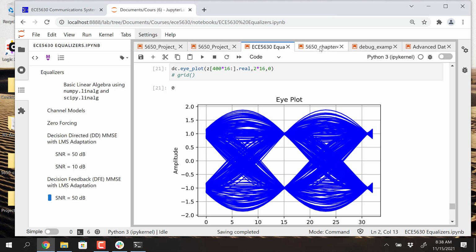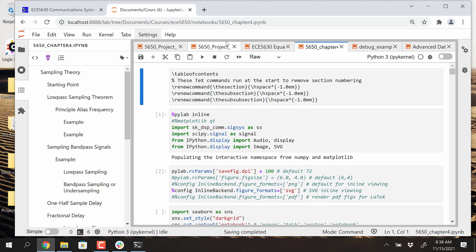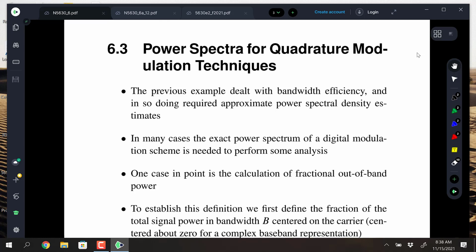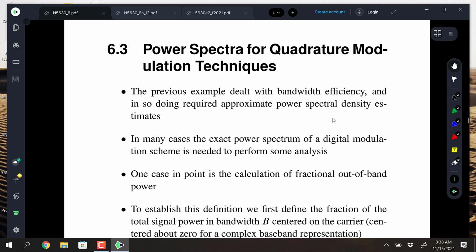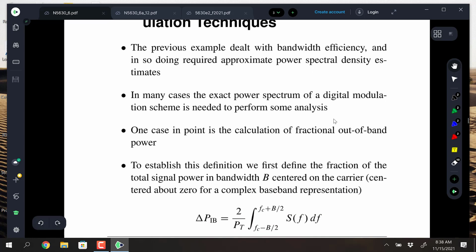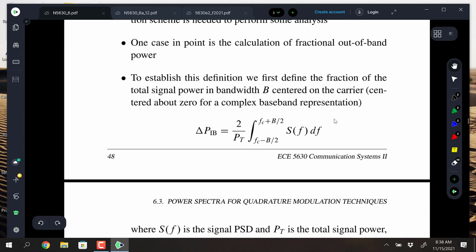Okay, so now we can go back over to this one. So we had started last week looking at power spectra and quadrature modulation techniques. And the one thing we came to was a measurement of out-of-band power, fractional out-of-band power, which is the complement of